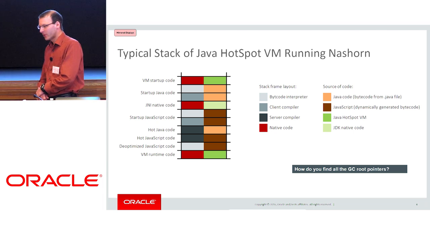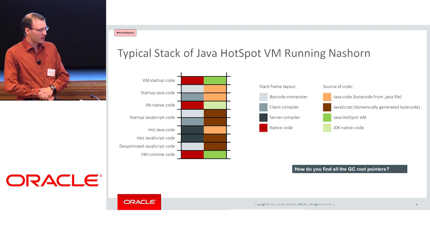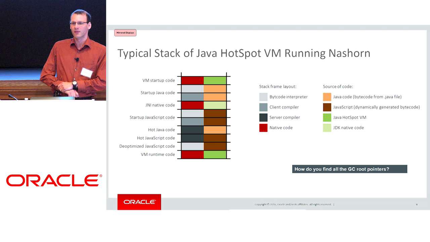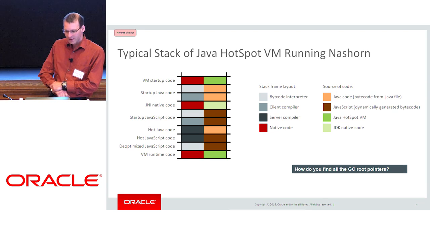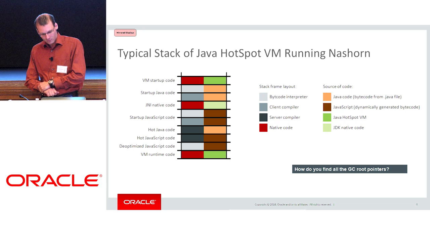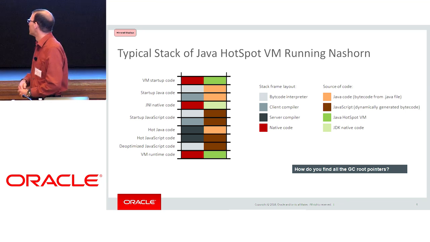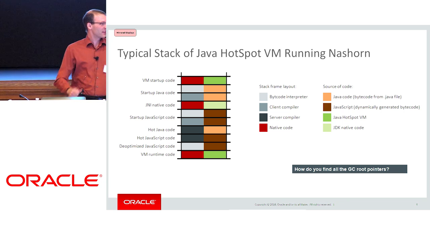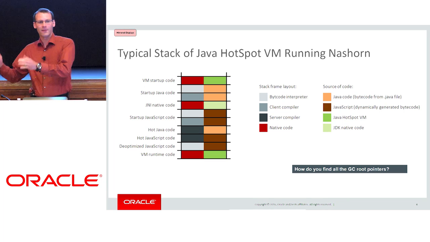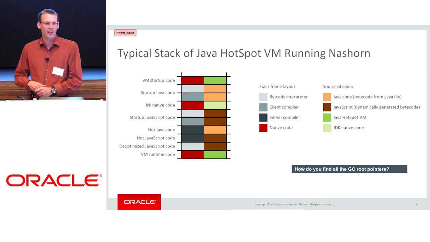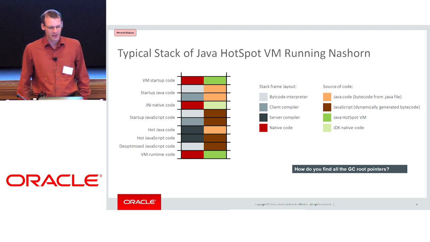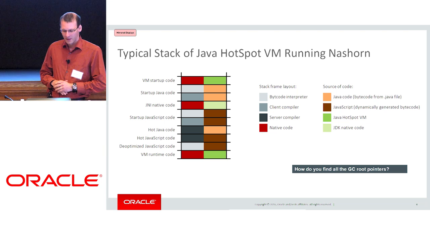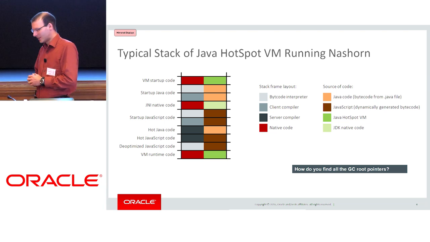I want to start out with looking at our all-beloved Java Hotspot VM and have a little bit of a stack snapshot when you run the Nashorn JavaScript engine, and see what we have on our stack. I actually split it in two parts, so the stack has a left and a right half. The left one is what I see as the physical stack layout, and the right half is what I see as the logical stack layout, so where the source of the code is actually coming from. For this talk, I want to focus more on the physical side, just to say that up front. What do we have on the stack?